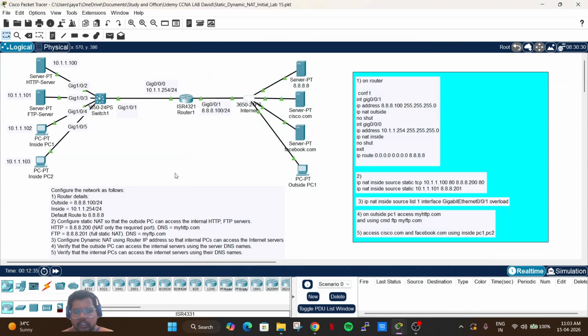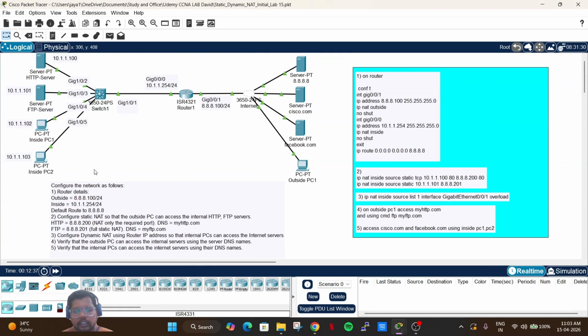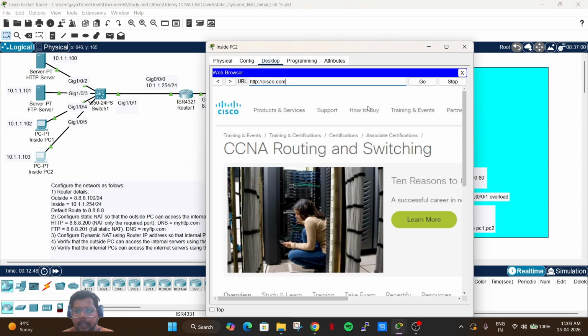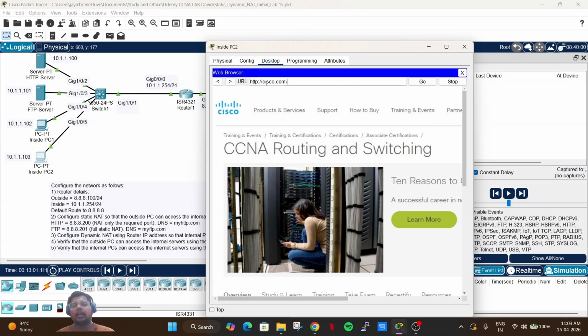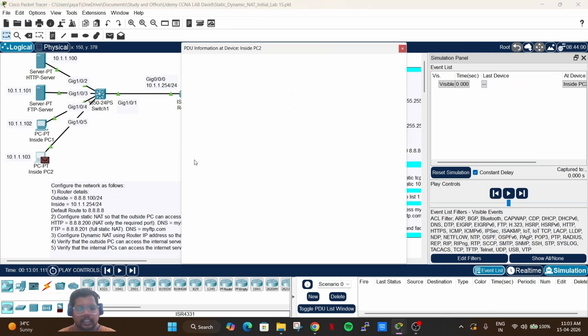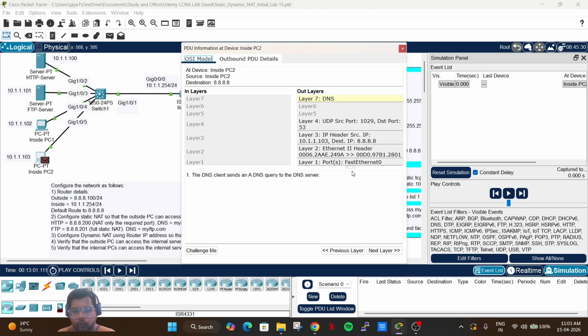FTP is also the same situation. If we want, we can search. You go to the simulation and understand how the packet transfer takes place. This is the real use of Cisco Packet Tracer. It shows how the traffic is being passed from one place to another. Let's say Facebook.com. And one more beautiful thing about this Packet Tracer is it will clearly show from here